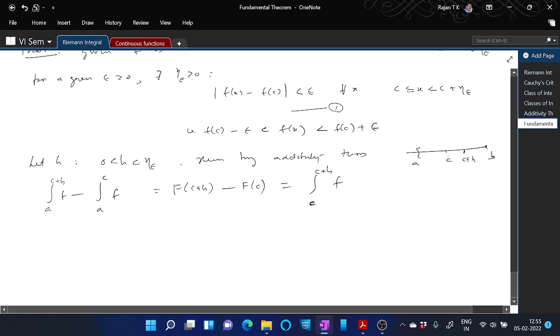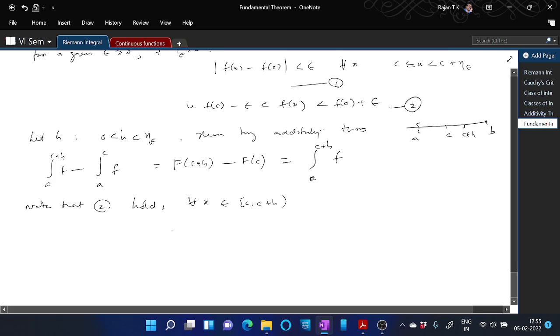Now on the interval c to c plus h, this condition is satisfied. Take it as 2. 2 is satisfied for all x such that c is less than or equal to x less than c plus eta epsilon. So since h is less than eta epsilon, for every x in the interval c to c plus h, this 2 is holding. Note that 2 holds for all x in the interval c to c plus h, and therefore integrating over the interval c to c plus h, we have